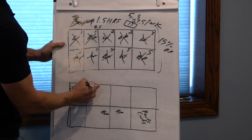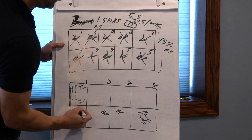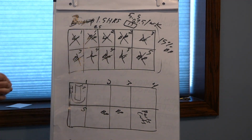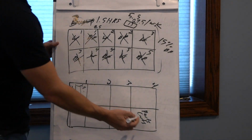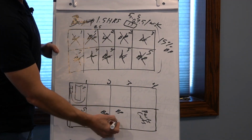So in the same scenario, we have Tech 1, Tech 2, Tech 3, Tech 4, and Tech 5. Same shop space, just allocated differently. Parts carts are allocated in one area. So once a complete blueprint is done,